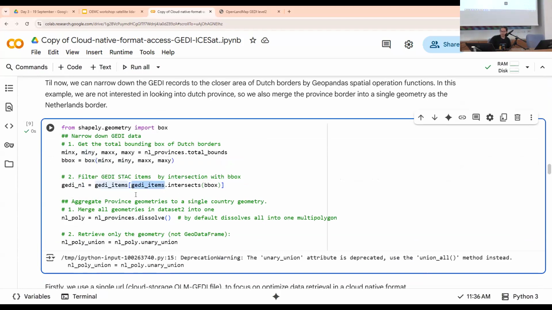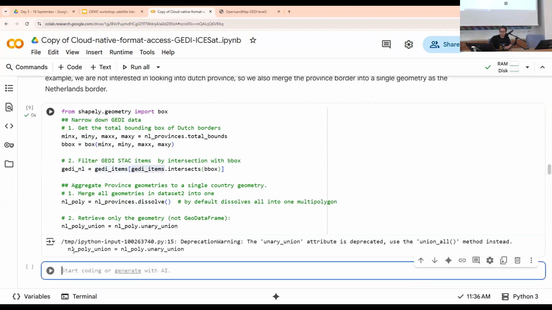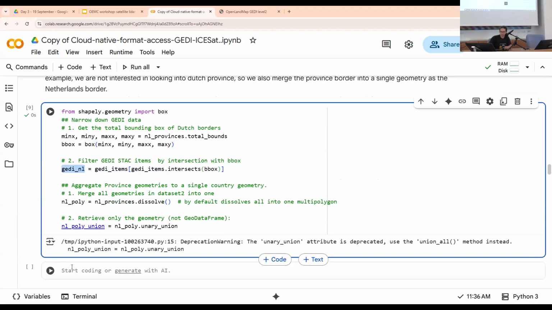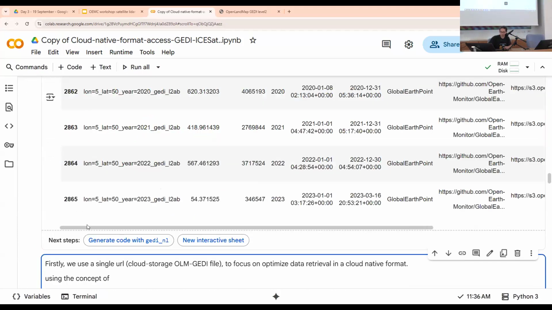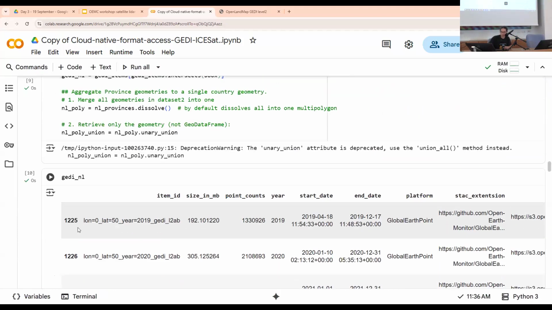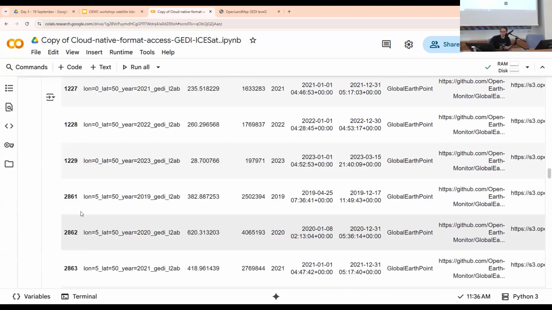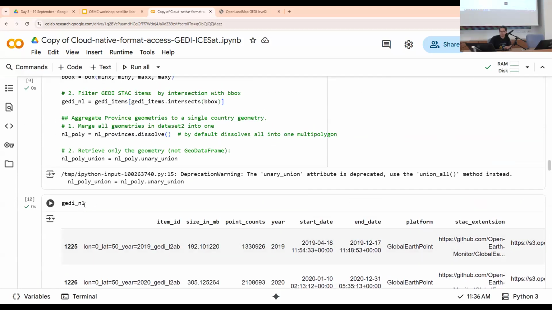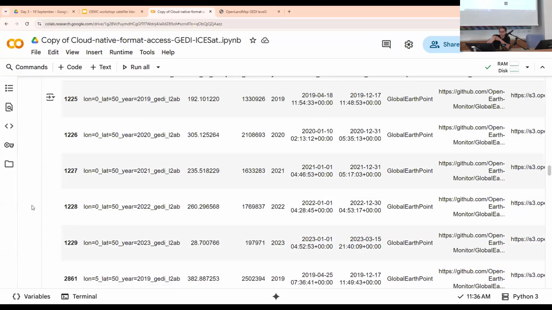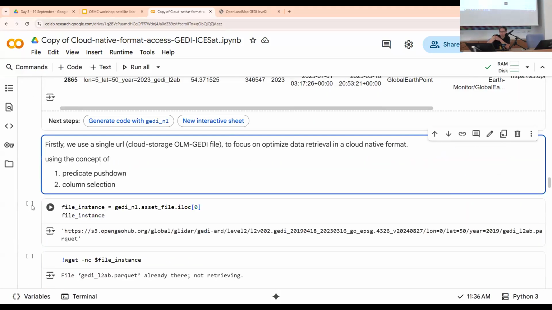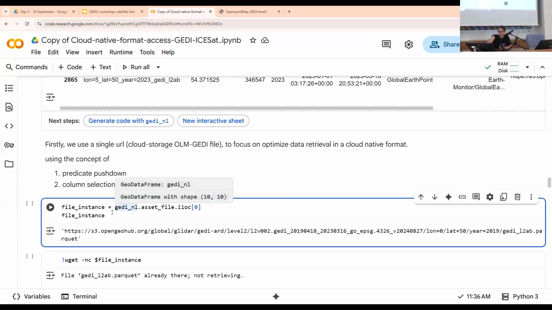So in this case, you are supposed to get only the GEDI that belongs to the Netherlands. So you only have 1, 2, 3, 4, 5, 6, 7, 8, 9, 10 rows. The total was, as you see, 3,000 something, and now you only need to read 10 rows of the data. So this is one of the data that we search to retrieve,